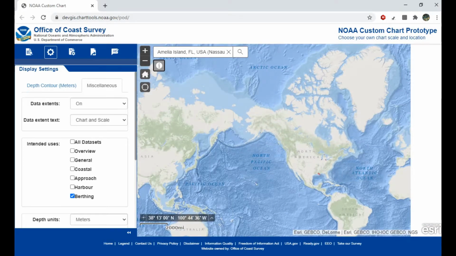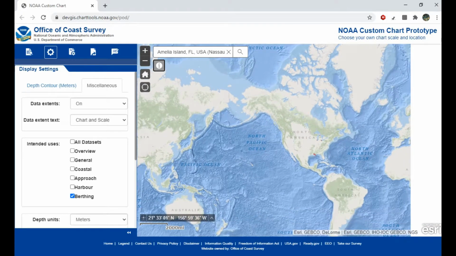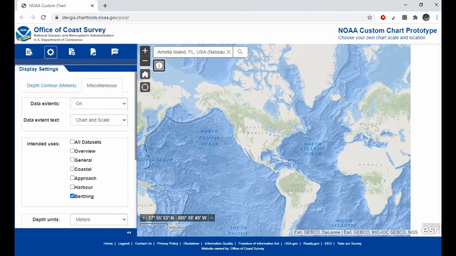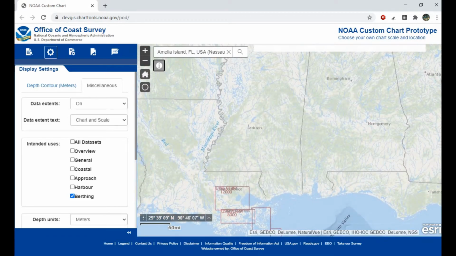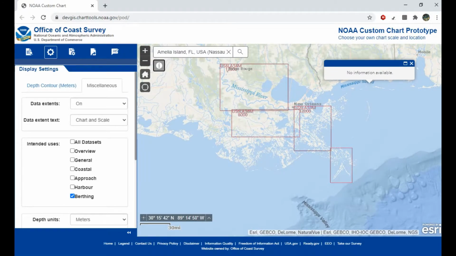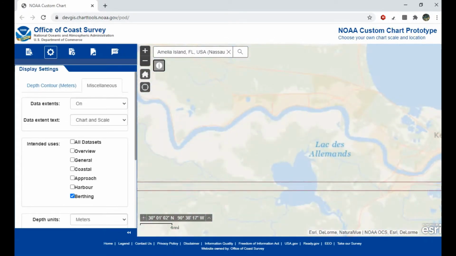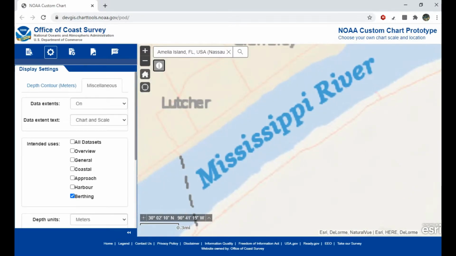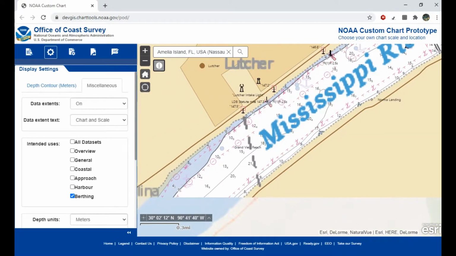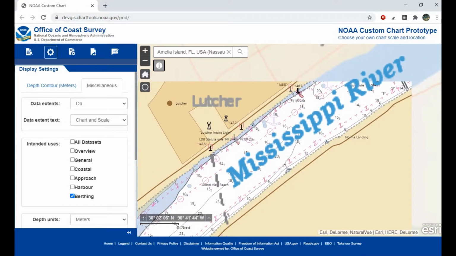Some around here. So we zoom out. Let's see if we can find more. As you can see, there's one right there. Berthing there. Berthing here. They're a lot less common. And the reason is they have a purpose. And I'm pretty sure their purpose is not for general use, but really what berthing seems to be good for is if we zoom into the Mississippi